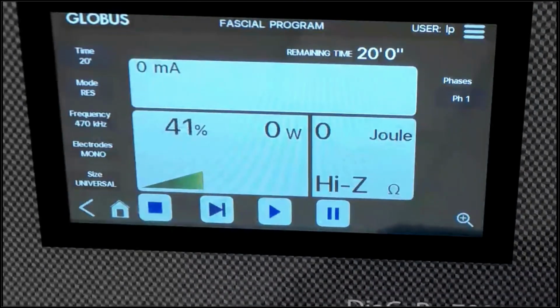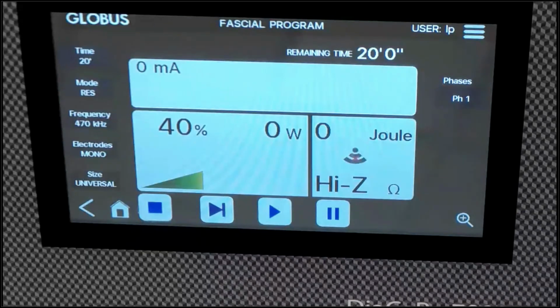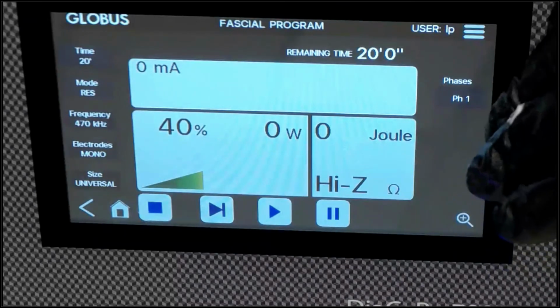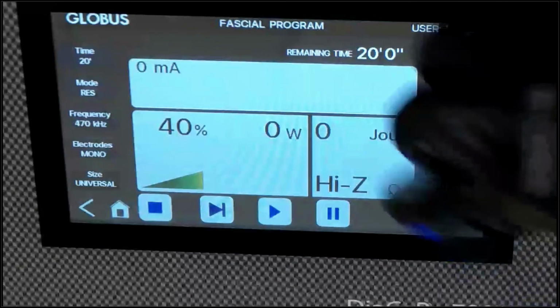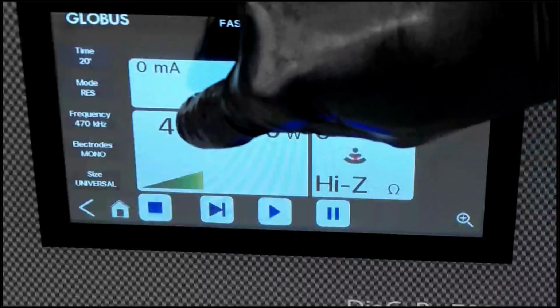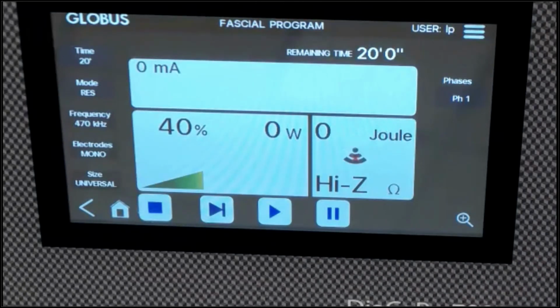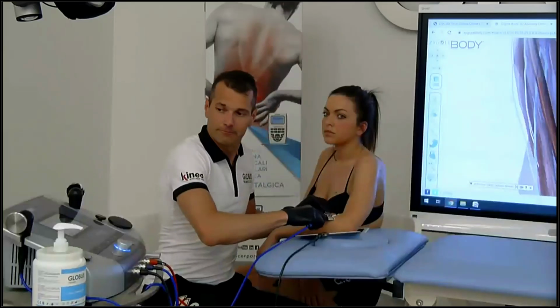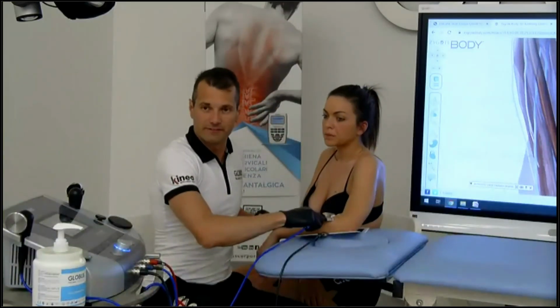The fascial program has a specific current, it doesn't have the whole power of the machine, so I'm not delivering an incredible percentage of watts. So at 40%, have a look here, the amount of power that I'm delivering to the tissue. We are talking about 15 watts.